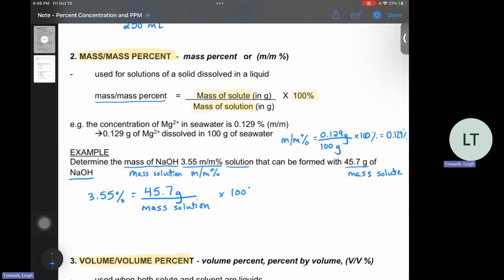Right, so this is our formula. Okay, so we need to rearrange this to find the mass of the solution. The mass of the solution right now is in the denominator. We can't solve for it in the denominator. We have to solve for it in the numerator. So it's going to go to the other side of the equation, where it will become multiplication instead of division, and the 3.55 is going to switch places with it. Okay, so we have the mass of the solution